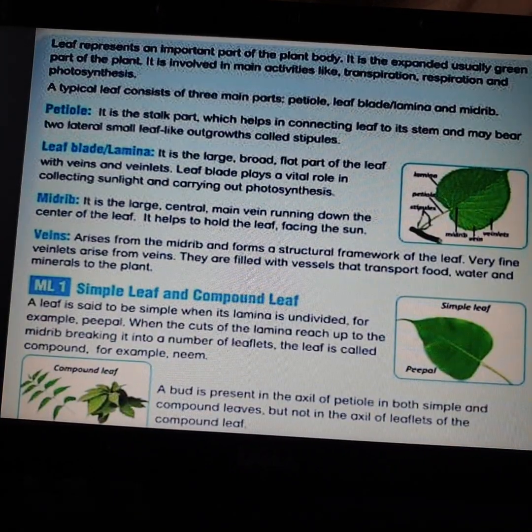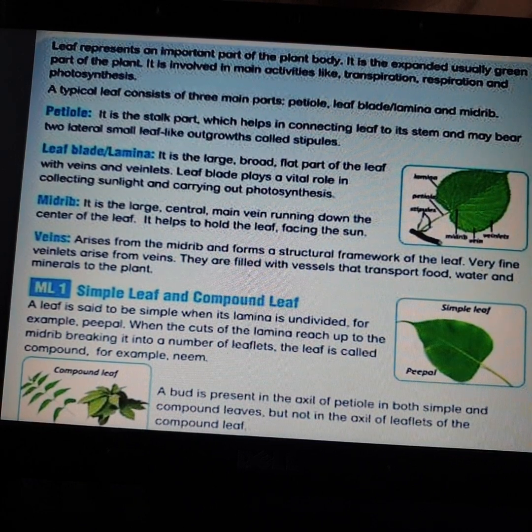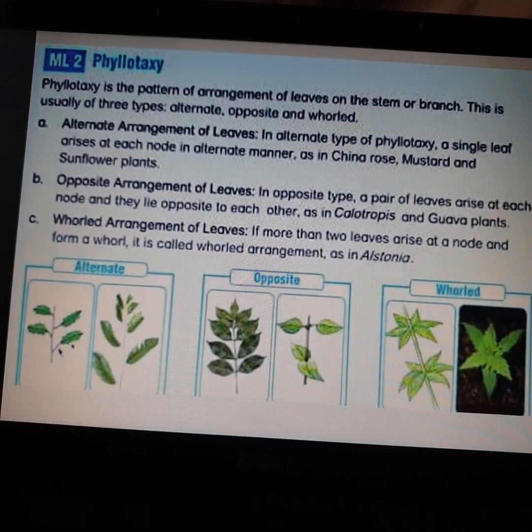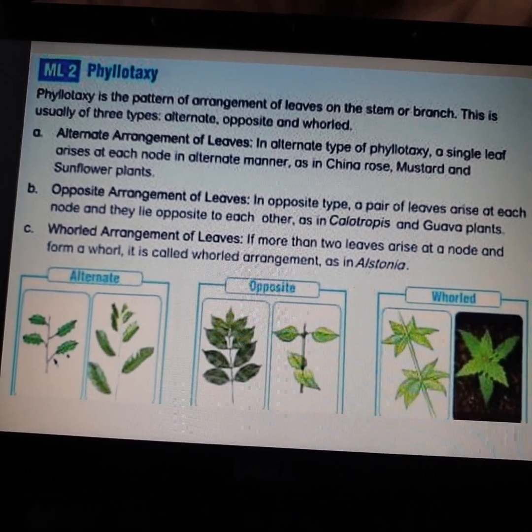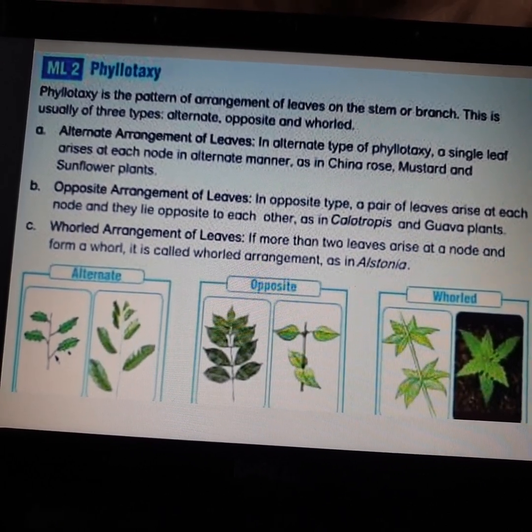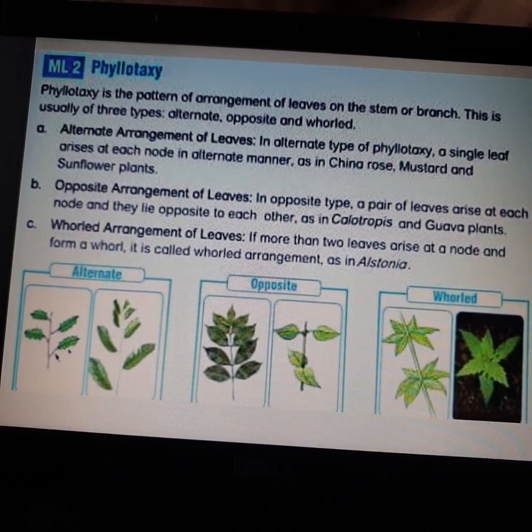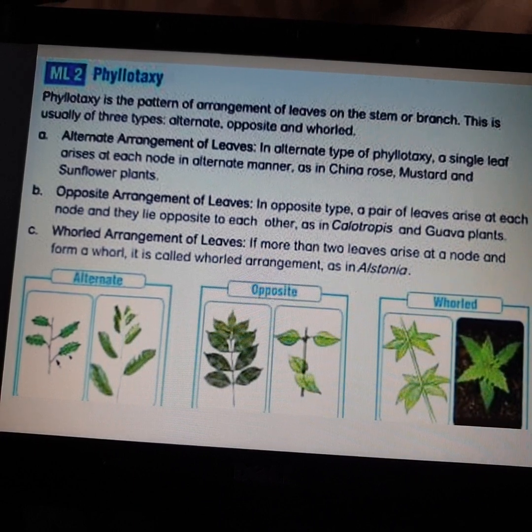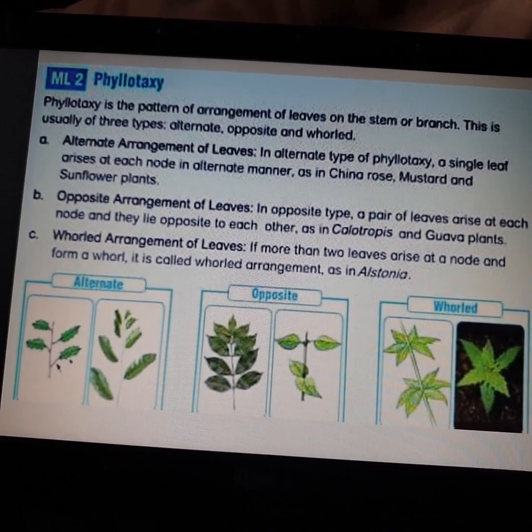So these are the three important topics from the leaf section. The chapters are very small, so you people have to quickly read them, okay. We have completed three chapters, one from physics, one from chemistry, and one from biology, okay. So go through the video once or twice. If you are not able to